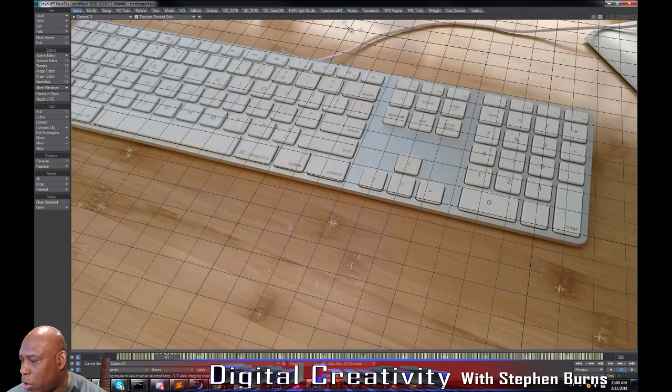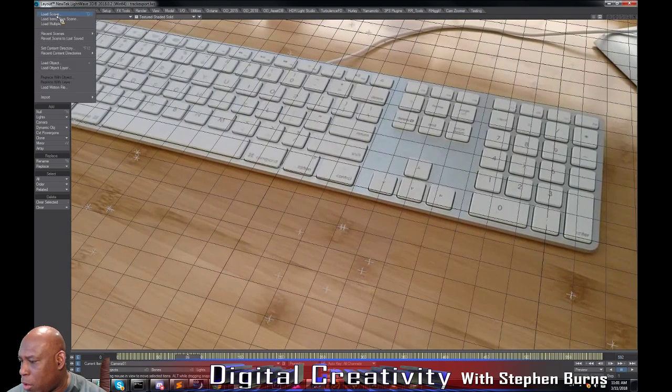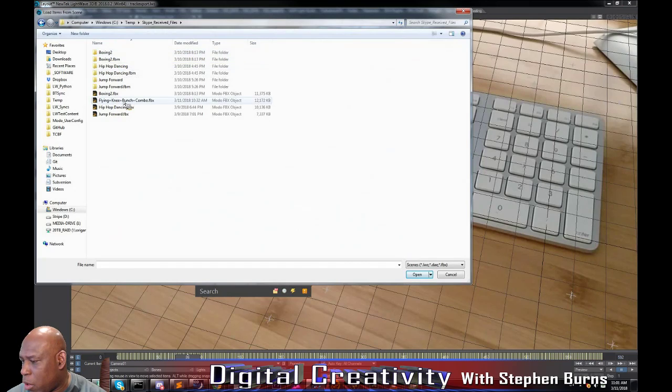Yeah. So now that we're at this point in time, we want to get in that character that Steve did, and I'm just going to do a load from scene here, and go to my temp folder, and in here we have the flying knee punch combo,